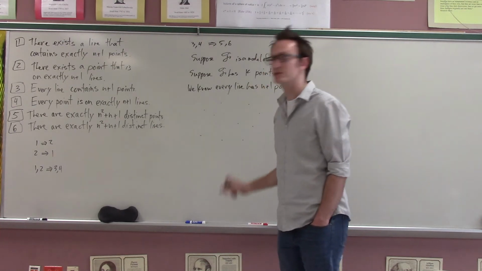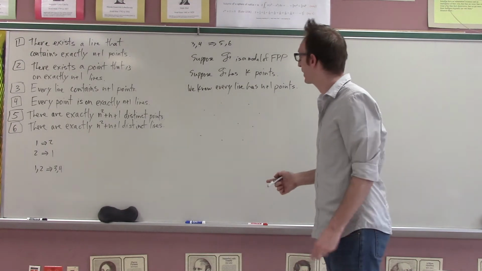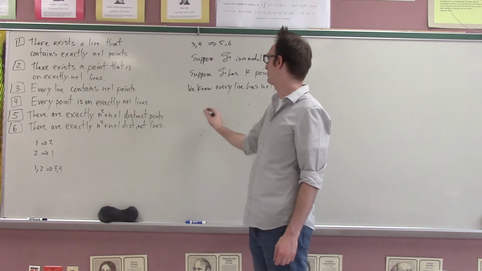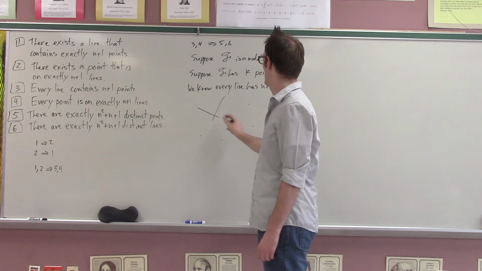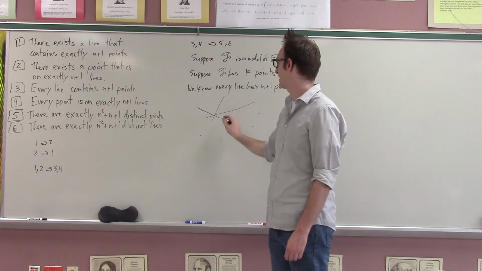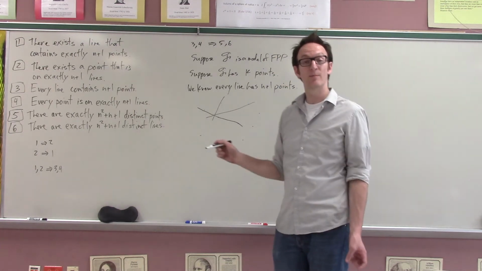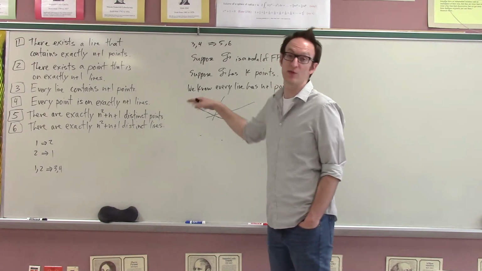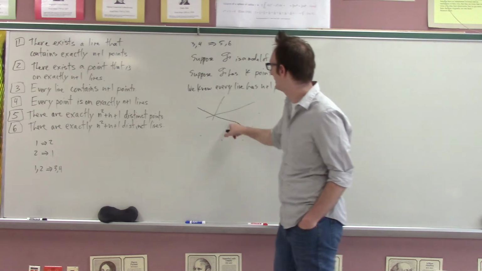So if I have k points, how many lines do I have? We'll do a kind of combinatorial argument. Every 2 points determines a line. So if I pick these 2 points, there's a line through them. If I pick these 2 points, there's a line through them. But now I think you see the problem, which is that some lines will go through more than 2 points. In fact, every line has n plus 1 points on it. So a line like this one